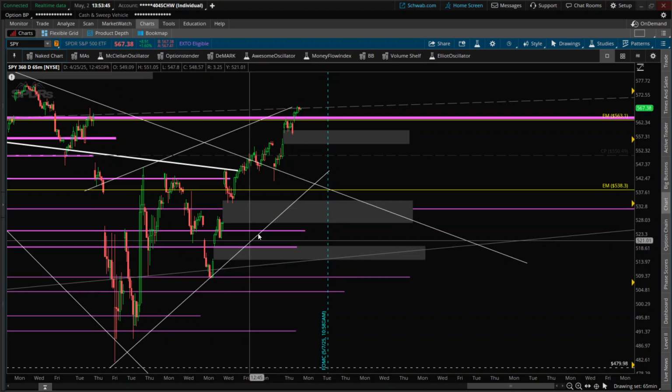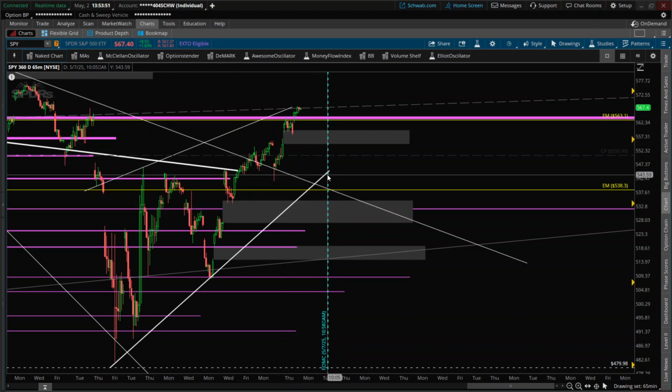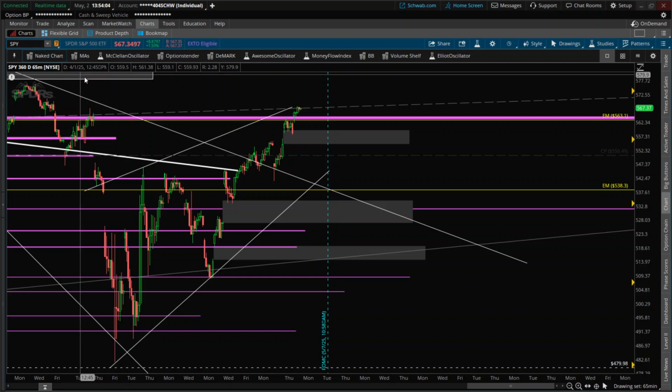Okay, and then you have this trend line down here. If price somehow holds that potential trend, then there's no arguing. We can definitely go higher and work off those conditions. I think I'm going to leave it at that.